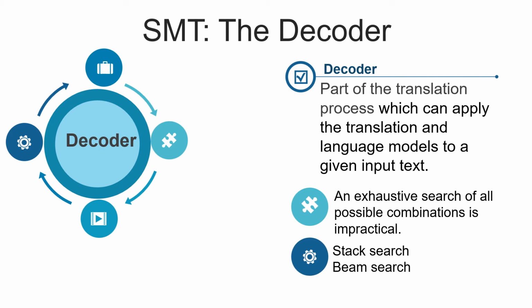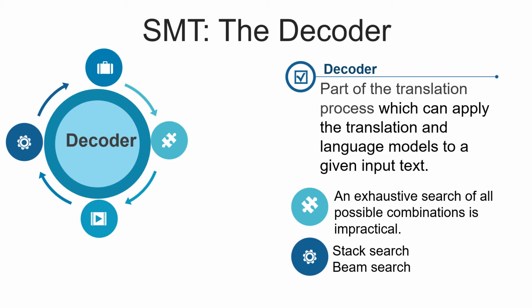That is to search for the target text which maximizes the probability equations. This part of the process has come to be known as the decoder. One of the common problems in the decoding process is that an exhaustive search of all possible combinations is impractical. So a stack search simple hypothesis, for example, is suggested to take the most probable word-by-word translation in the